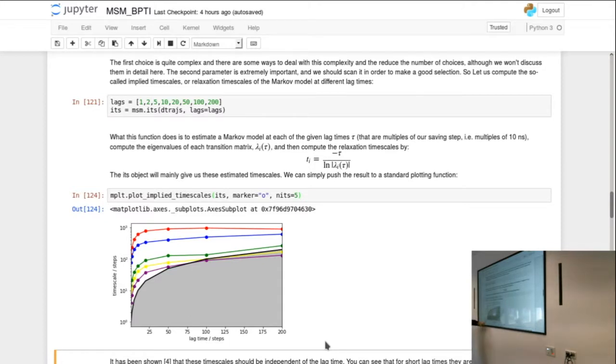But there arrives a lag time here, after which you are almost getting the same result no matter the lag time at which you have estimated. Which means whatever this MSM here is capturing, this MSM here is capturing as well. You have gotten rid of all of the fast processes contaminating through noise your spectrum, and you have a converged